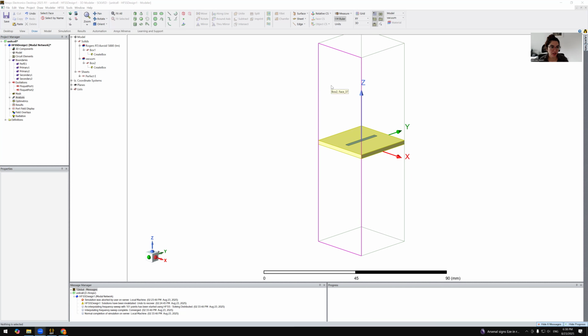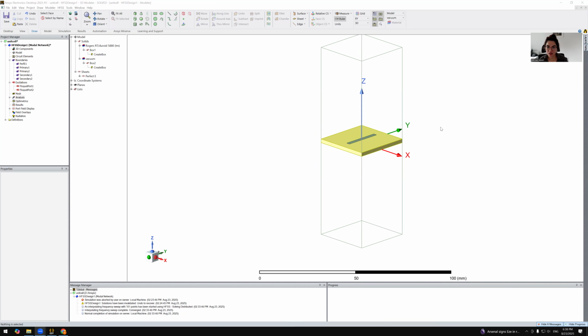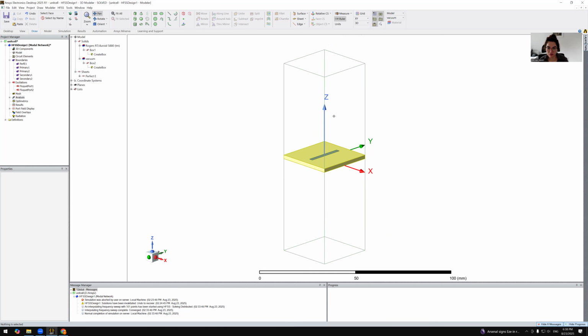Hi everyone. Here I have a transmit array unit cell. I call it a transmit array because there is no reflecting plane here. I only have one slab of dielectric and one metallic part here. Very simple. And what I want to show you in this video is what these S parameters are and